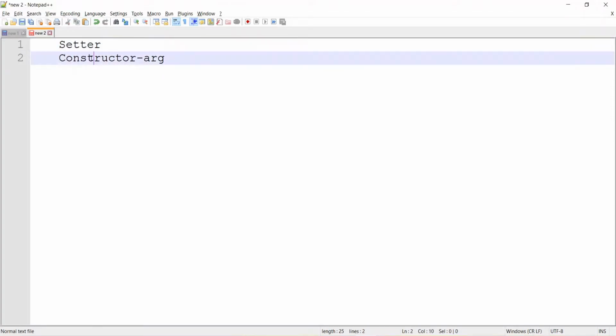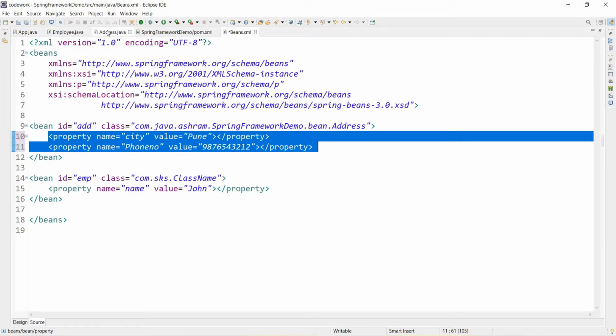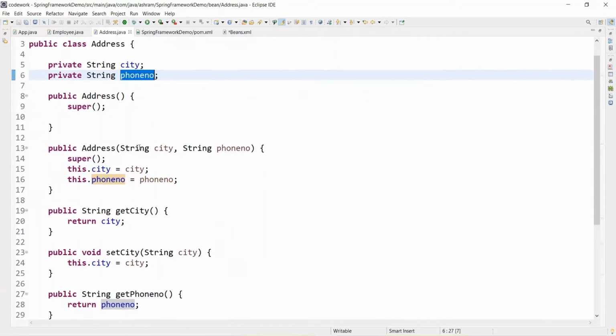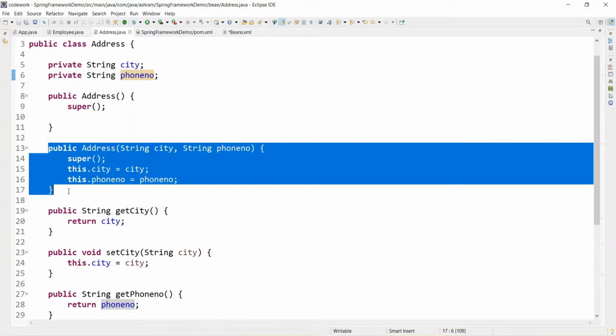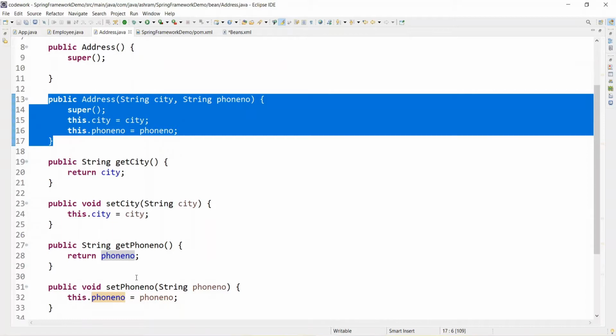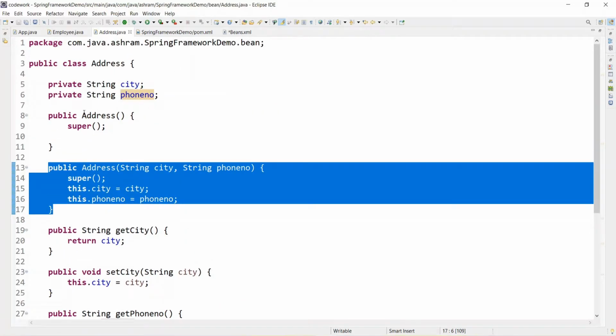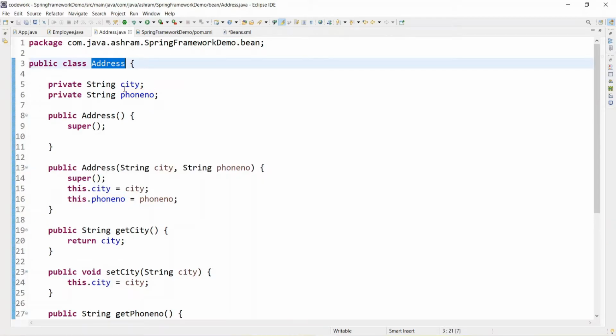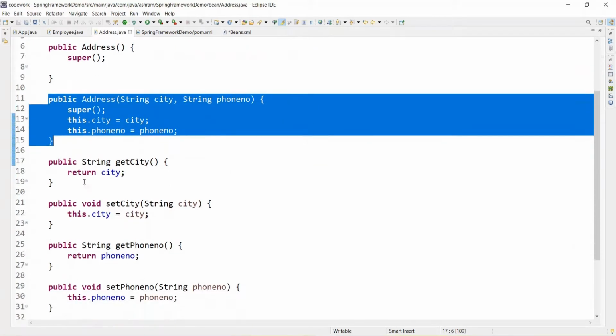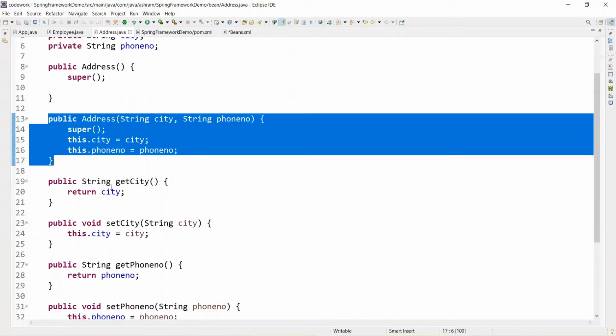Okay, so these are the two ways you can achieve dependency injection. If you see here, in the Address class, I have also written a constructor and the setter and getter for that. So how does the IoC core container manage this? Basically, this is the compulsory POJO class we have to make. By default you must remember to provide a constructor argument and the setter method.